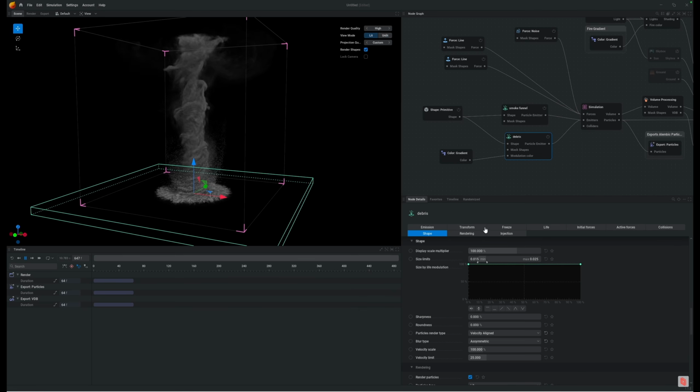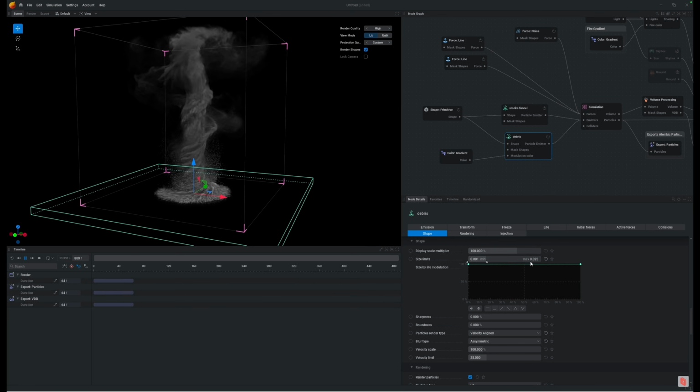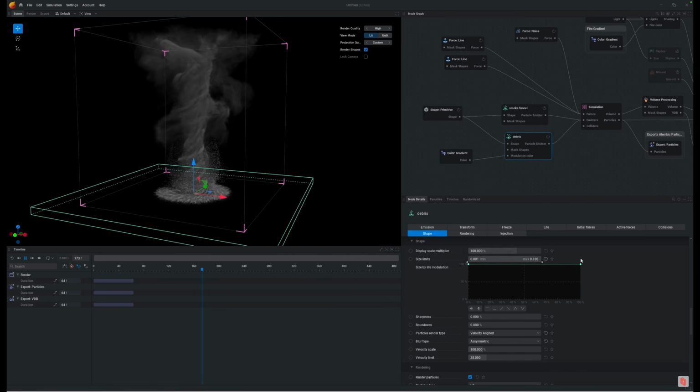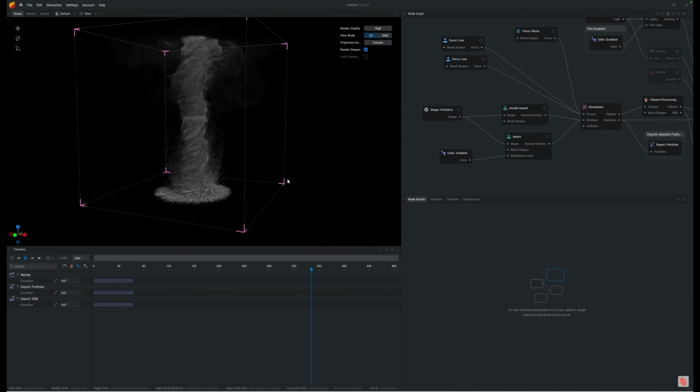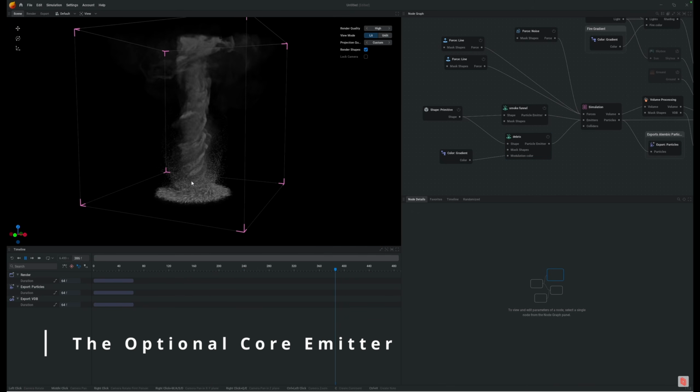Another thing I like to do is, because these particles aren't bringing anything into the simulation, they are there just for show, I'm going to change some of the sizes. So right now they're going to appear between this lower value and this higher value. So if we bring this higher value up, we should start to see some larger particles creep in there. Yeah, it's definitely some larger ones and some smaller ones. So yeah, I've got the basic shape that I want. It looks like it's moving about right. I would probably